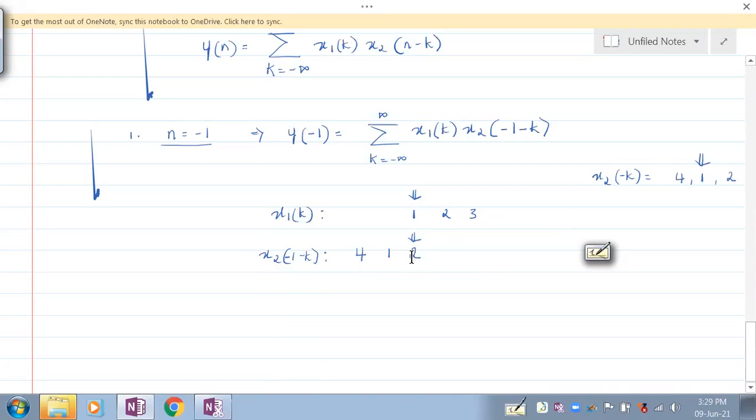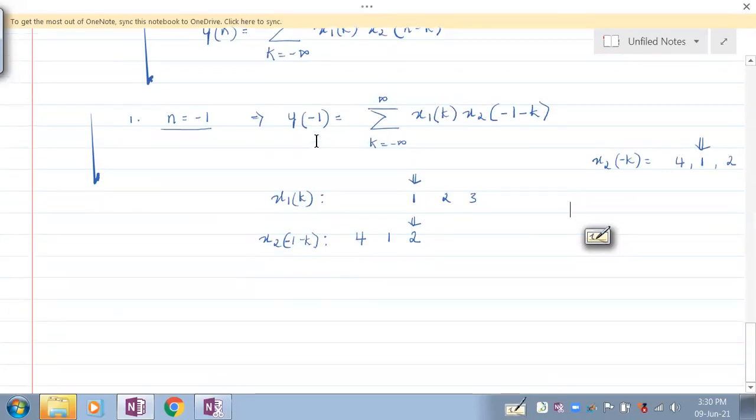When the first person has a handshake with the first person, then the first person on this side will go to congratulate this person, and this person will move to congratulate the next person. So that is your second sample of the convolution sum. When the first person is handshaking with the first person, that is the first sample that you're calculating. Understand? You can always compare to that particular example. Now the first person is handshaking with the first person. How many samples are overlapping? Just one sample is overlapping. When there are samples overlapping, only then would your y of n be there. Otherwise, not.